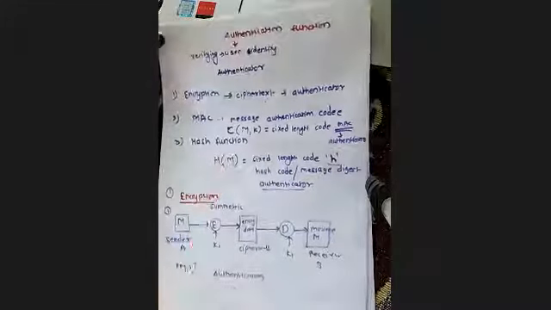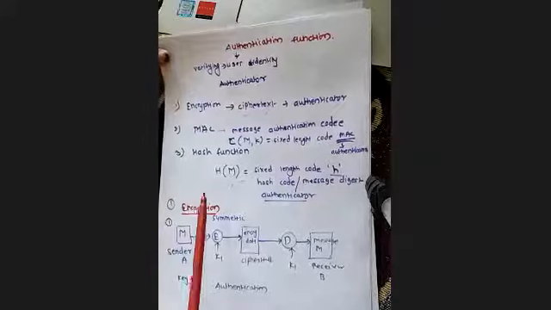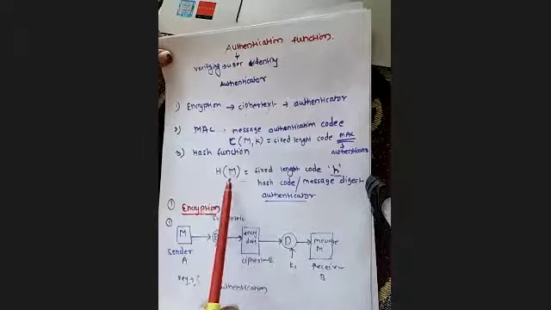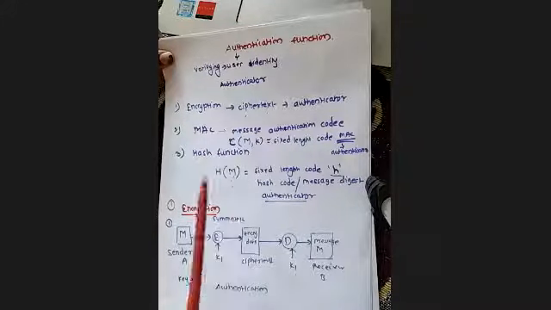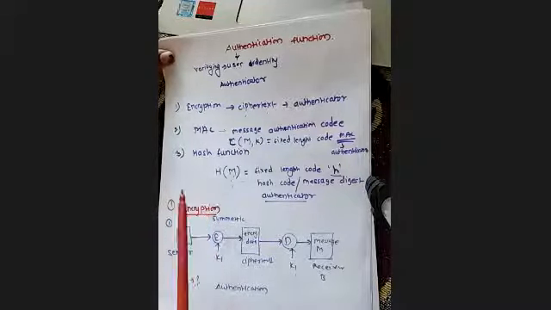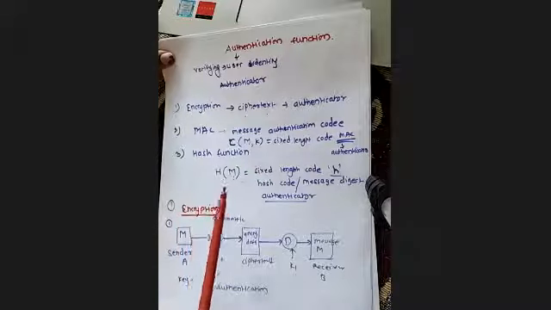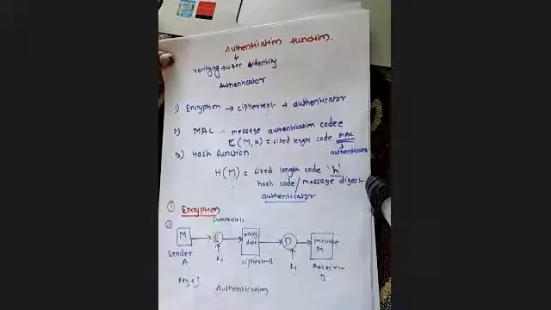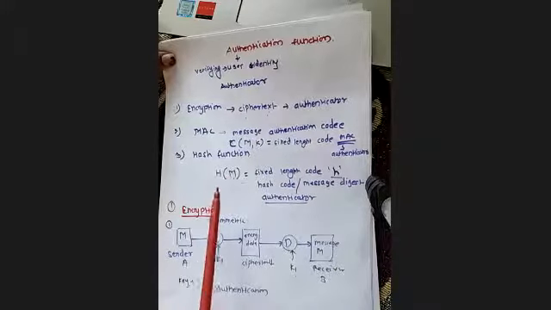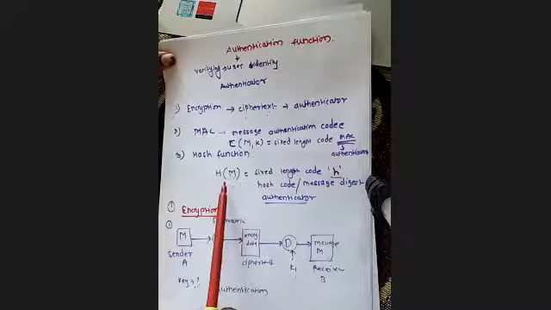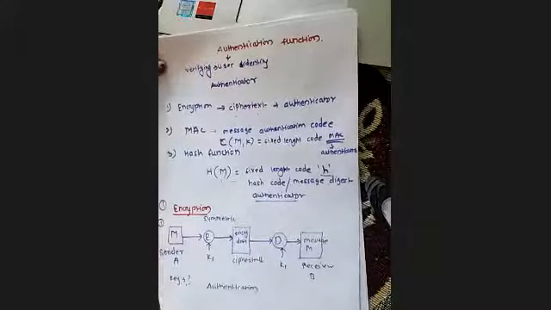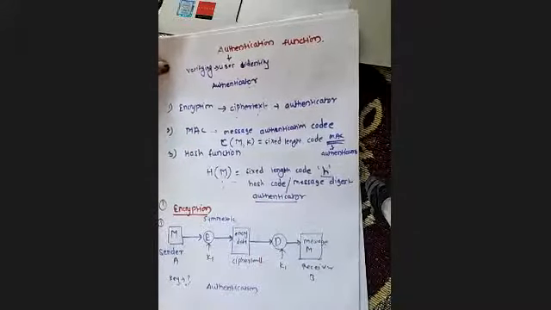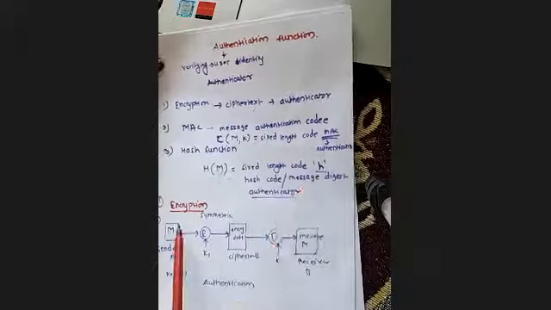The hash function works the same way, but the difference is that to this hash function we only provide the input, that is your message, whatever the plain text is. There is no key which we externally provide as an input to this hash function. Whatever calculations, the mathematical expressions, are present in the function itself. We just have to provide the message. After calculation of this hash function, we get an output with a fixed length code, and that code we call a hash code, or it is also called a message digest.